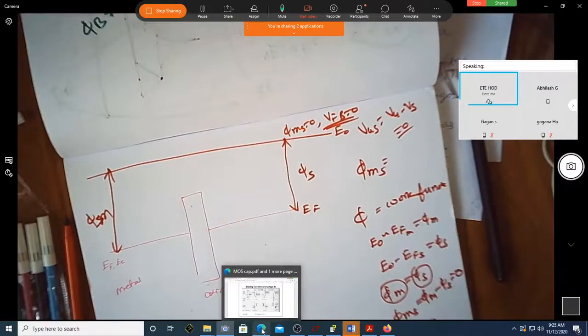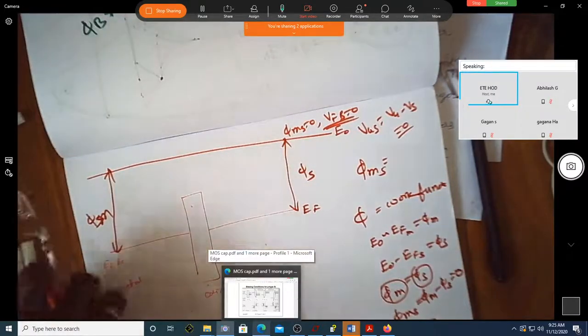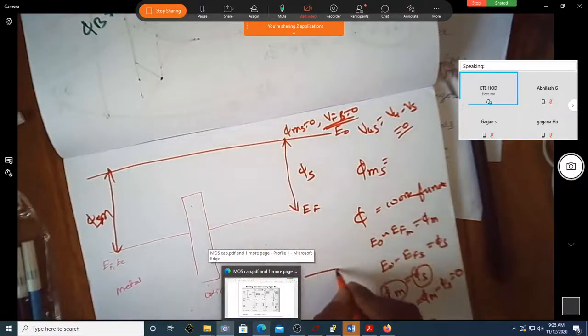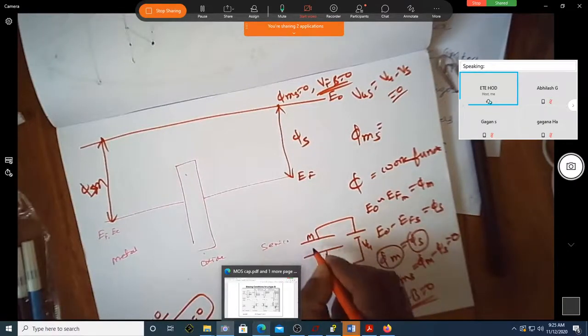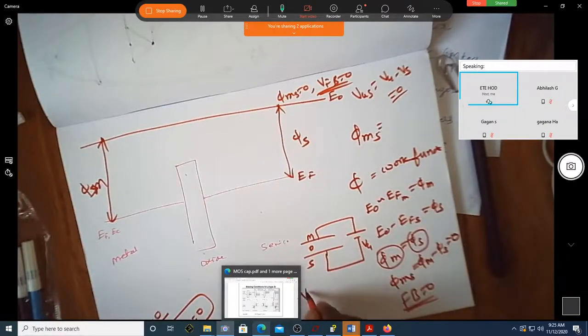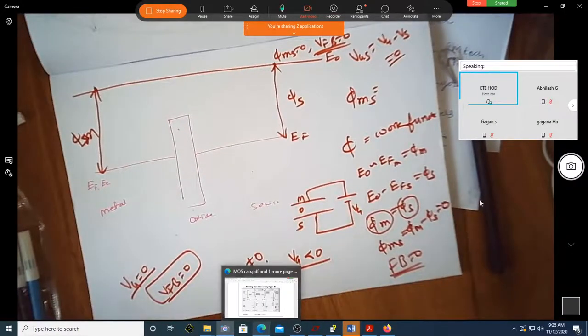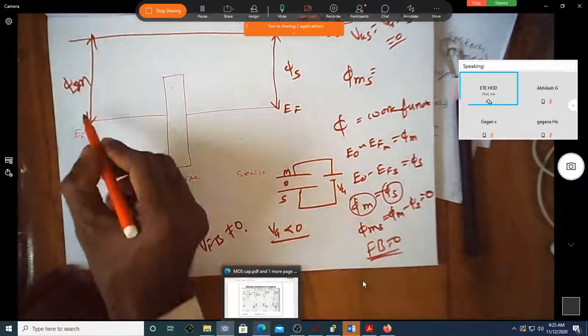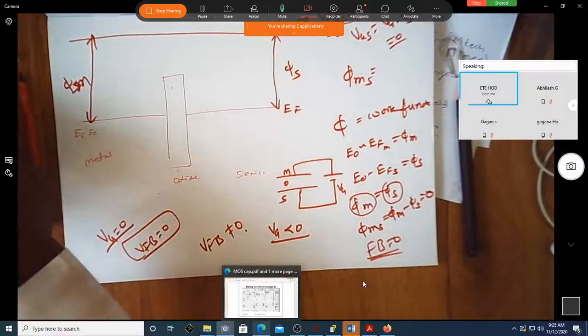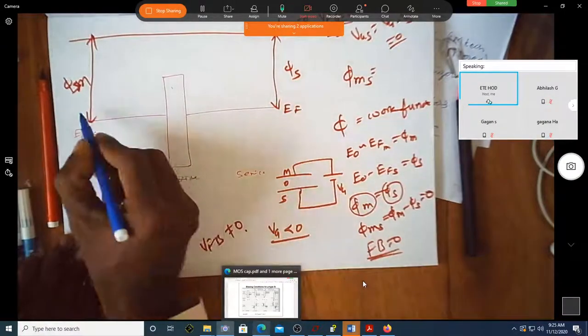See now, okay, suppose at this point of time I apply, of course, we are always talking about this type of structure. This is now VG. You have a metal oxide semiconductor. If VG is less than 0, what happens now? This tries to go above. Let me write it using a different color. You can see this goes up.